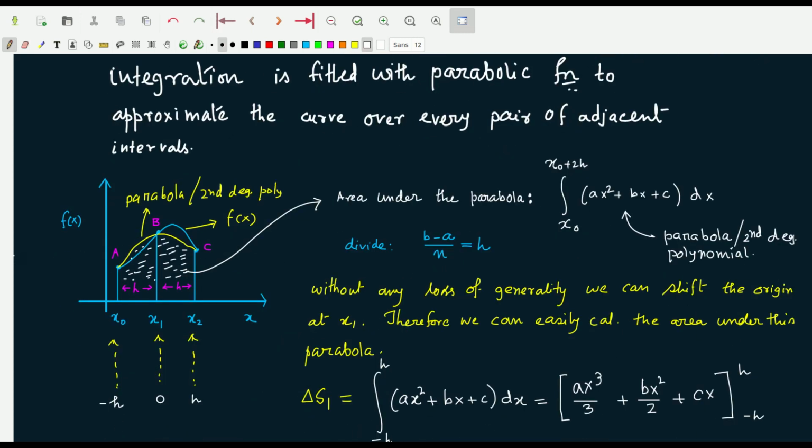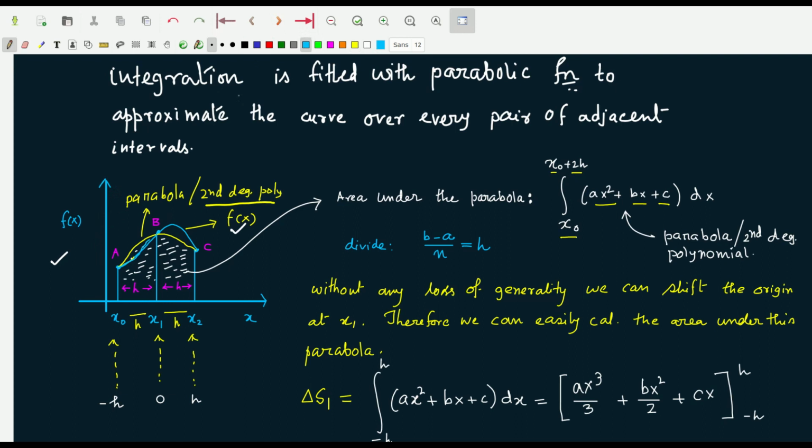You just look into this graph. Say this curve is our function f(x), which we want to integrate numerically, and now we fit an interpolating polynomial, that means a polynomial which passes through these three points, the yellow curve, which is a parabola or second degree polynomial. The equation of the parabola is ax square plus bx plus c. Say this point is x0, this point is x1, and this point is x2, and these distances are each h, and therefore we want to integrate from x0 to x0 plus 2h in order to approximate the area under this curve,